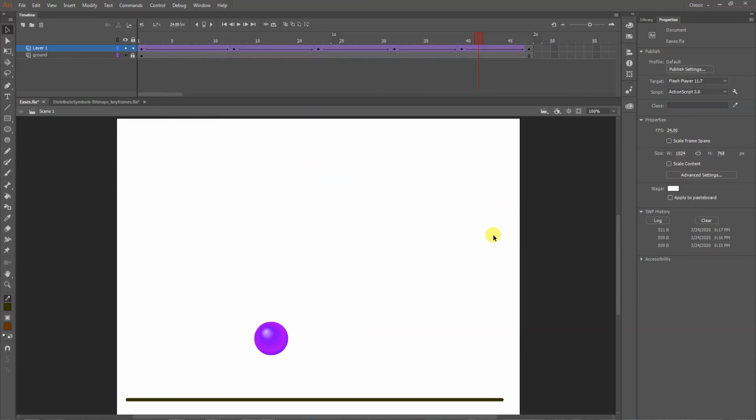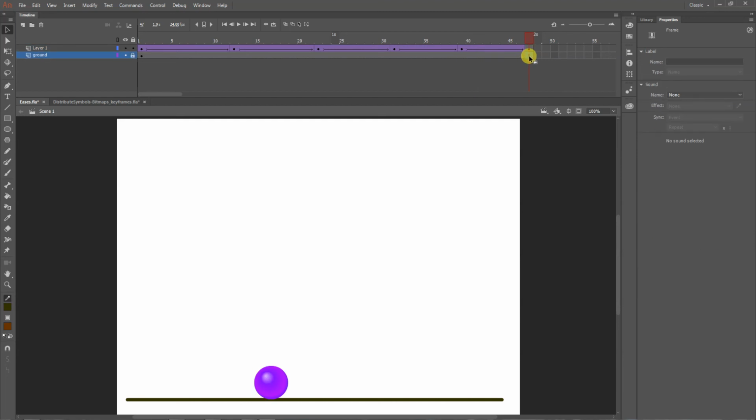But part of what I wanted to show you is just the process of setting up an animation. You saw I kept adding frames. I only gave you the first few keyframes to work with. Then you have to add the rest if you wanted to continue it. You're not handing this in. But you can see how whenever I added frames, I had to add a frame for the ground layer as well. My ground layer does not have any keyframes on it. It only has regular frames because I don't want any animation on the ground layer.